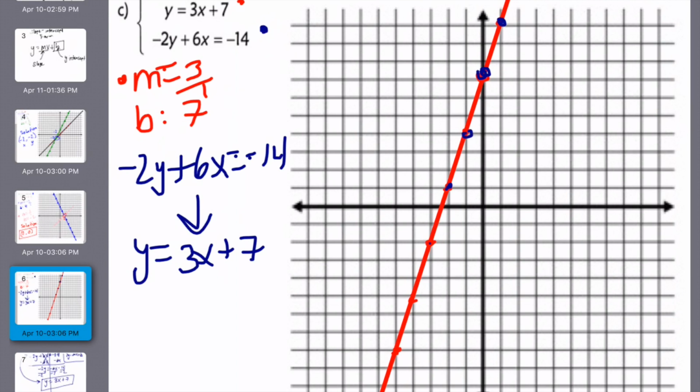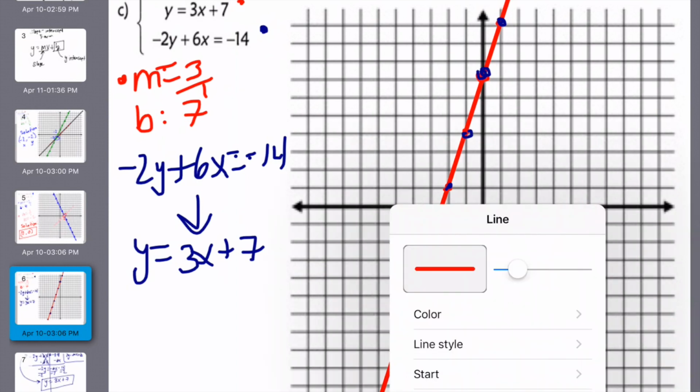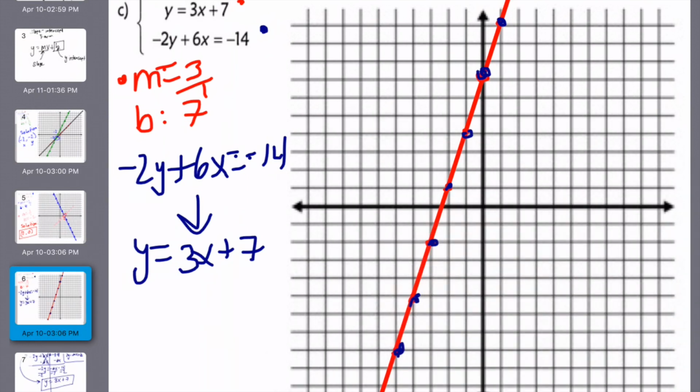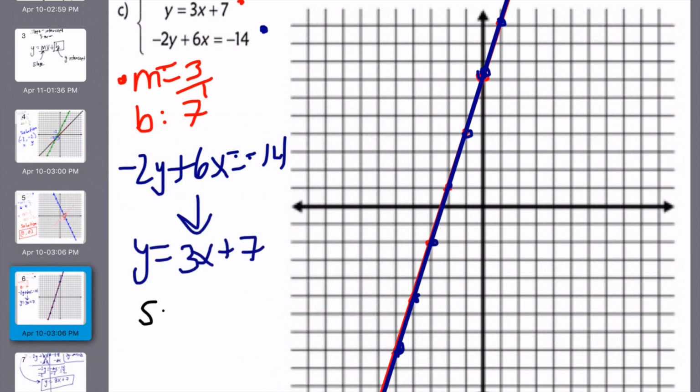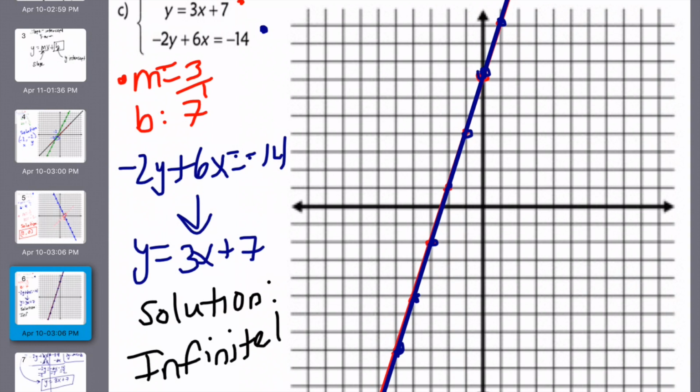And what would you know here? My equations are exactly the same, which in this case means that, as far as my solution goes, my solution is going to be infinite, or infinitely many. A little different on that last one, but that's okay. Most commonly, you're going to get it